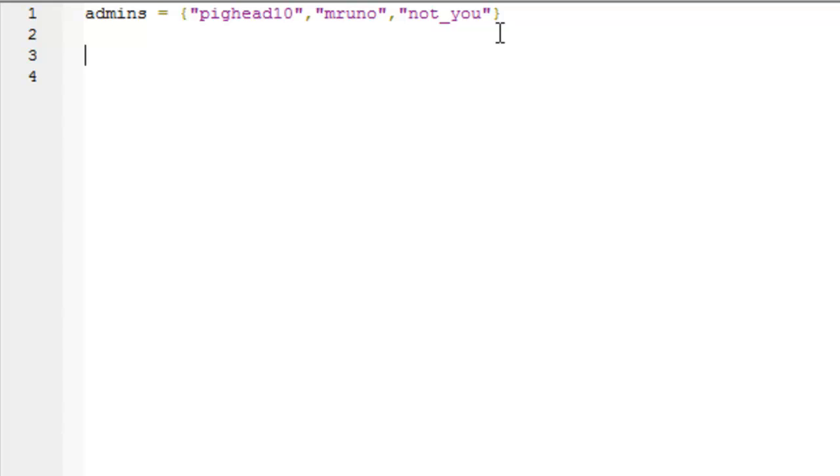So now, once we've created our table, I'm just going to go on to create a function, even, that will tell the script, whenever a function is called with an argument passed, whether someone is an admin or not. Now, I'm not going to create that script now, because I'll make it when we actually need it, so I can explain it to you better. So now the most obvious thing to do will be